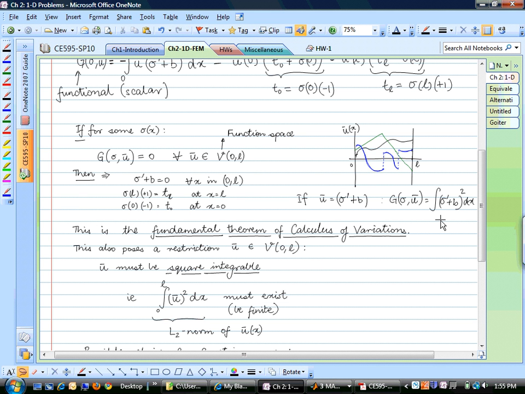So how do I prove this? If I want to prove that statement, then I can choose any u bar I want. I multiply it with the bracketed quantity, so it becomes a square. Now I know that this square integral will be 0 only if this quantity is 0 at each and every point. And this is a subtle point, so you should really